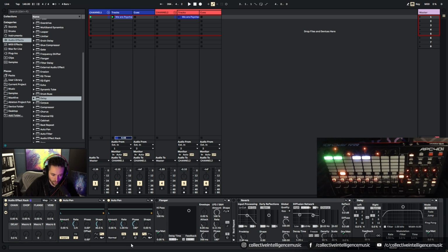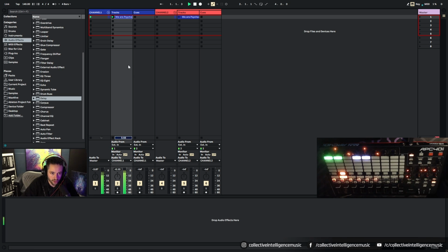Next, we're going to come to the auto pan, and this time, again, we won't use it as though it's panning, so the phase all the way to 0. The rate on this one, I'm going to keep at 16. I'm going to keep this on a sine wave, right? So when I turn that all the way up and play the track,